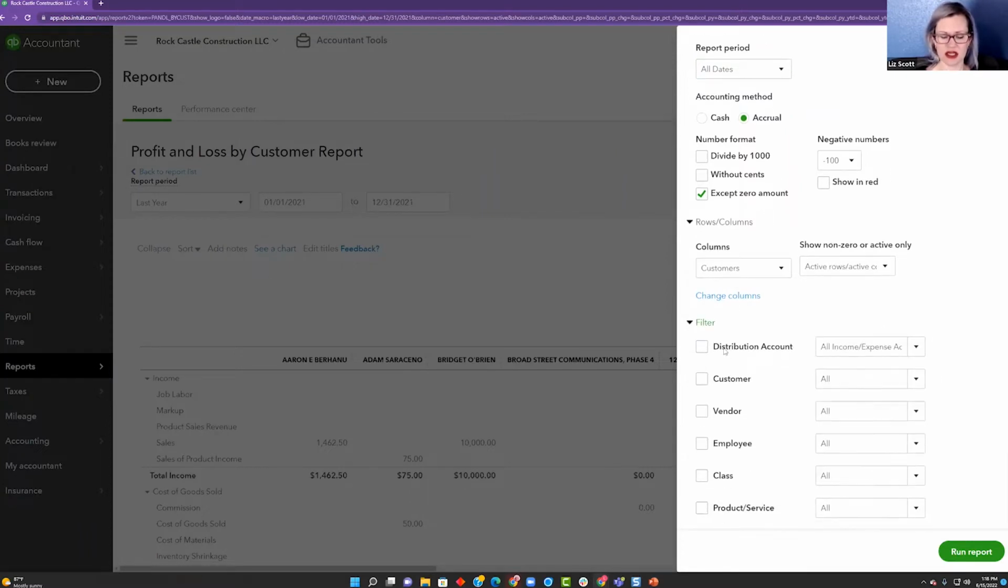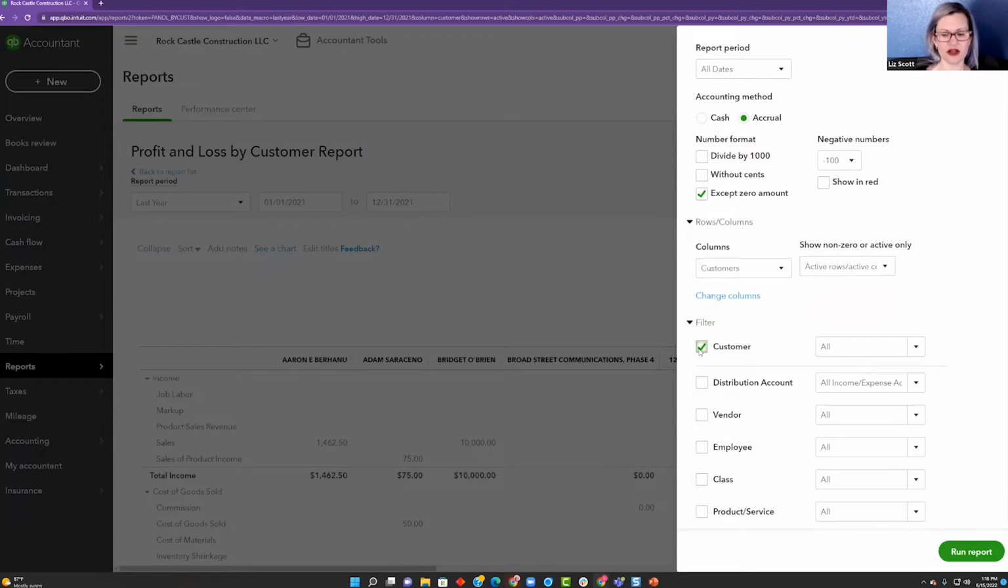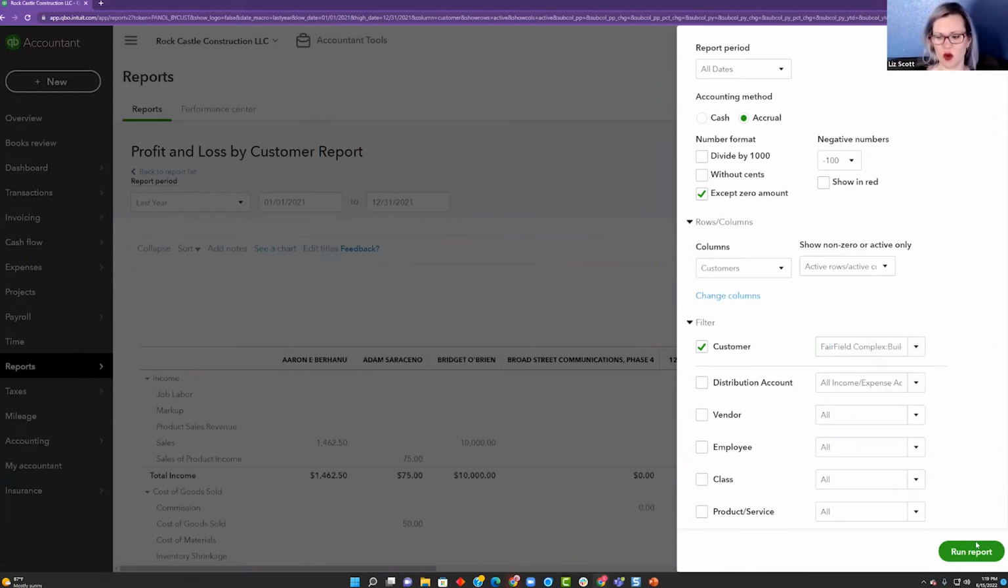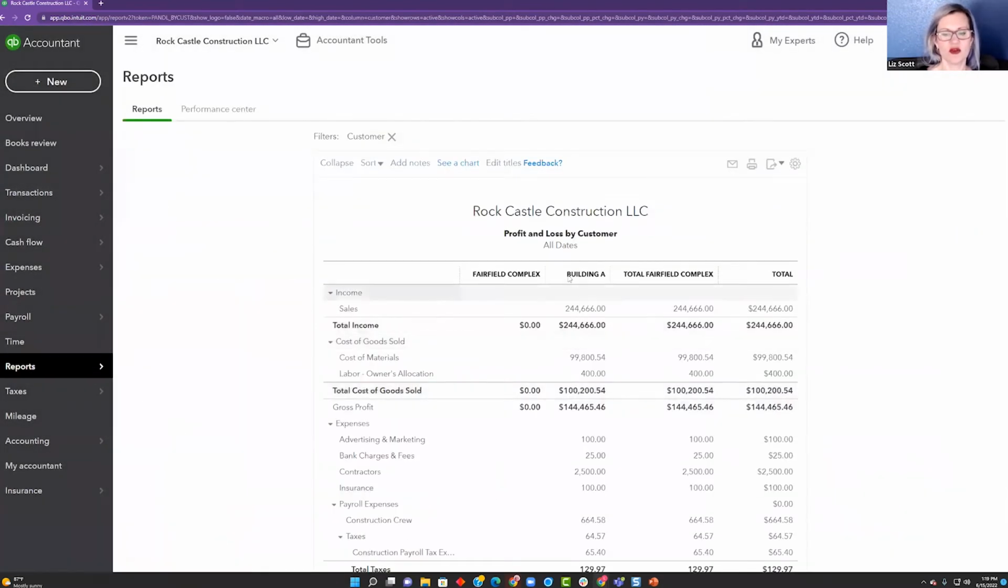The next piece is to come over and filter your information. So you're going to filter it to your customers, and then you're going to hand pick the customers that you want to report on. We want to be able to report on our customers, and we can, because QuickBooks still recognizes that projects are sub-customers in the back end of QuickBooks. We can still pull a report that says we've got building A, and we're able to recognize the income and